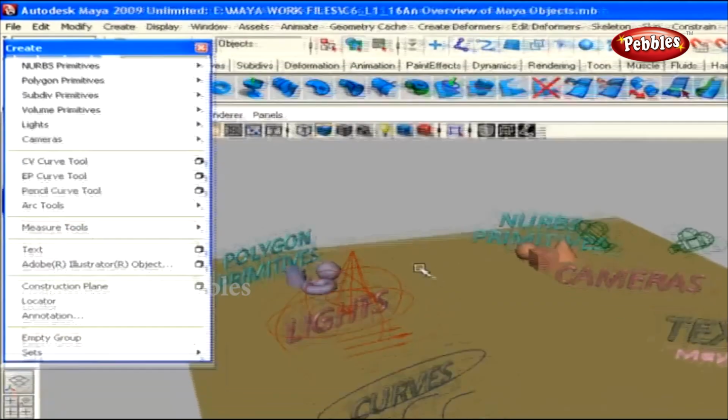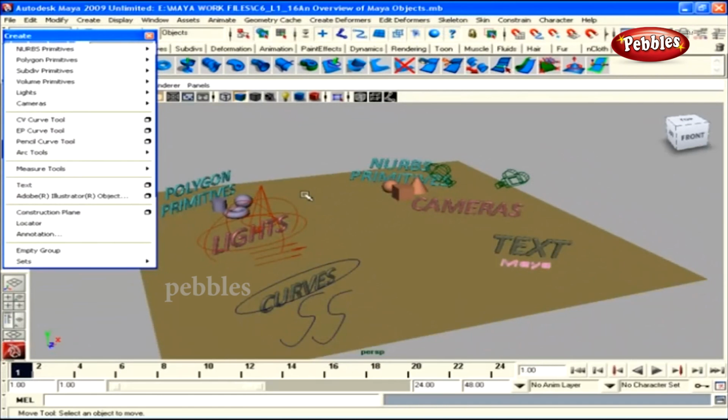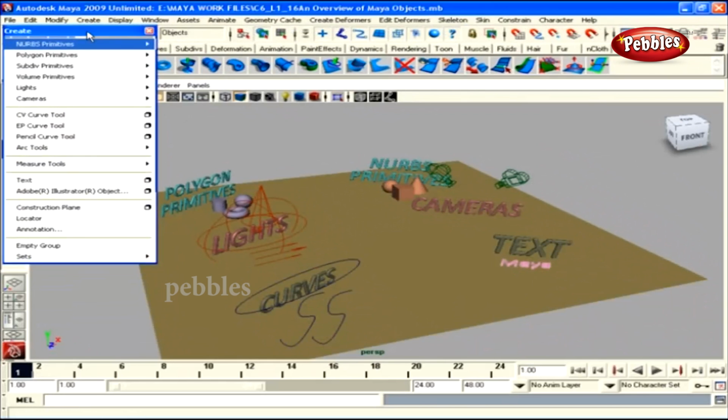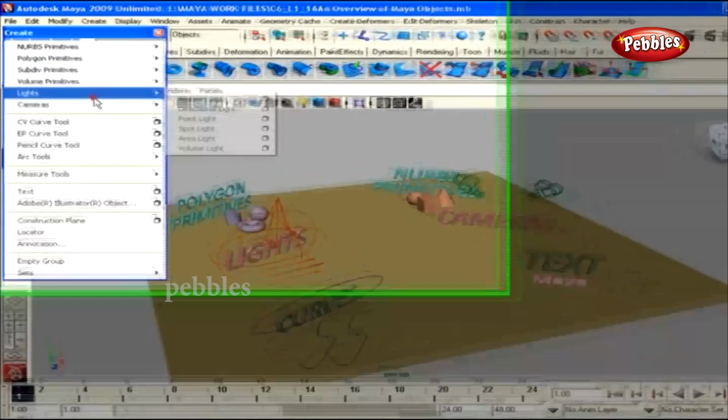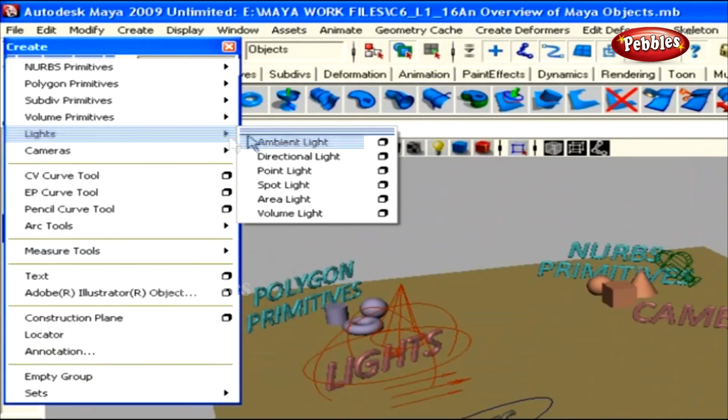Actually, now we're viewing our scene by default lights, which Maya has. As we progress, we'll learn about how to set up lights. For that, we need to create some lights, don't we? Well, we can do that from this same Create menu, and here's the option for us to create lights. If I click over this light option,